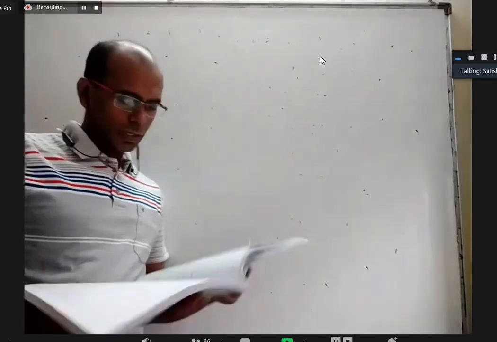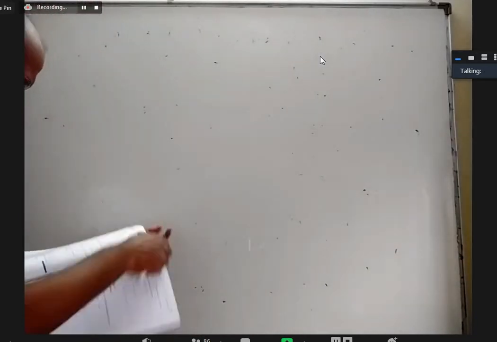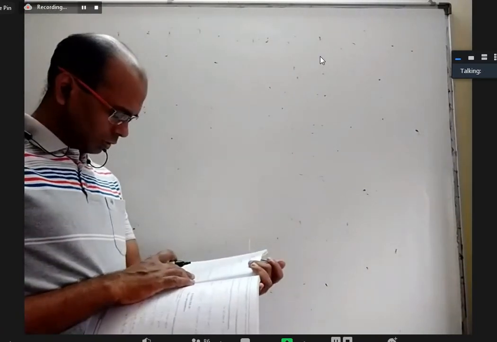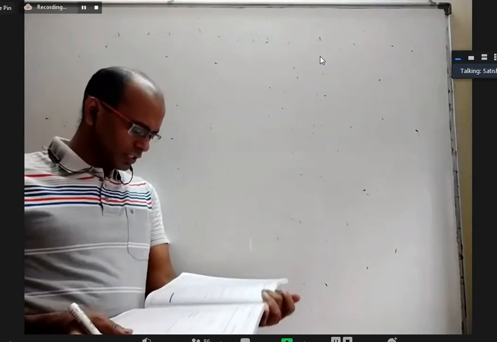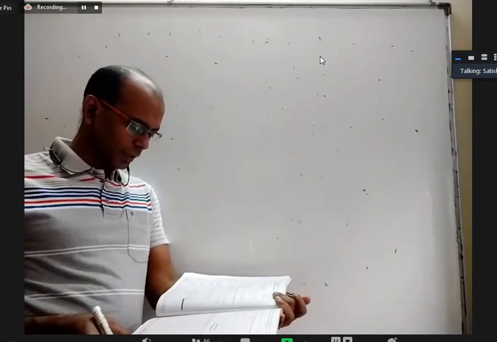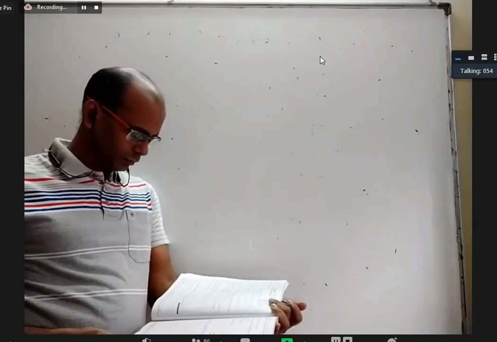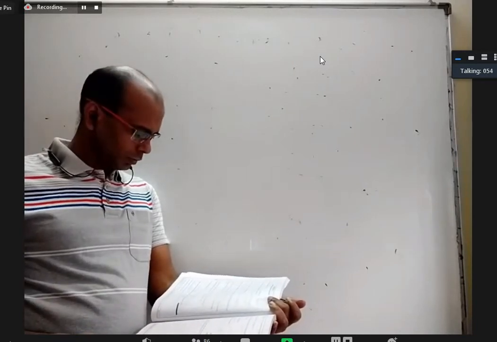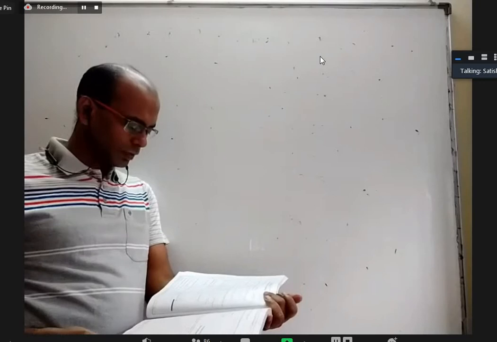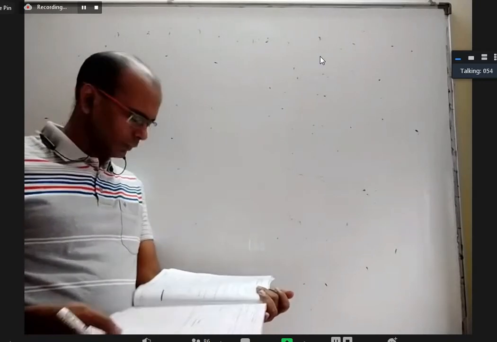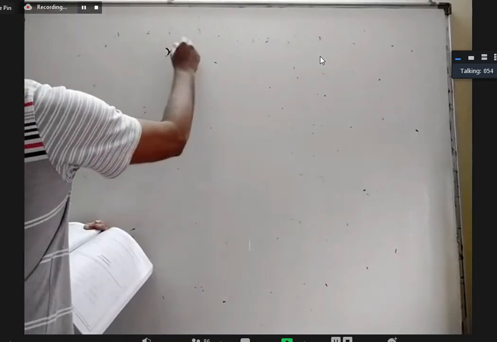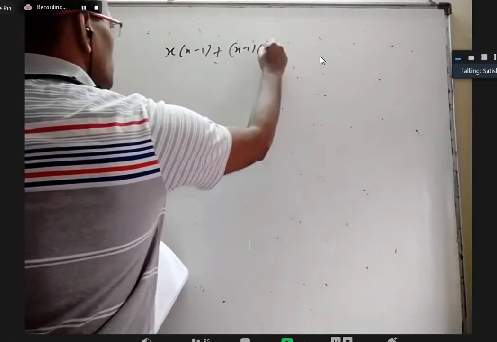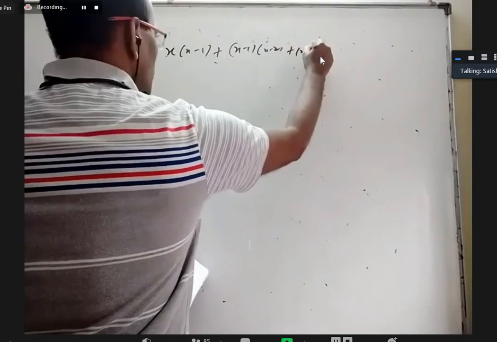Okay, section 3, second one, fourth one, somebody is asking. Lithin, are you asking this 4x square plus 2 times a plus 3x plus a plus 1, that one? No, sir, third Roman. x into x minus 1 plus x minus 1 into x minus 2, that one? Yes, sir. Okay, even I have a doubt on that, sir. Okay, x into x minus 1 plus x minus 1 into x minus 2 plus x minus 2 into x minus 3.